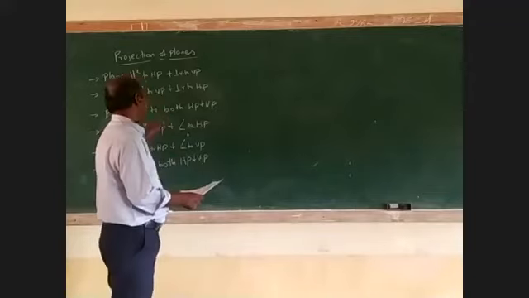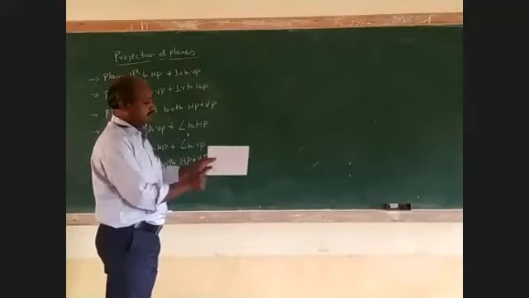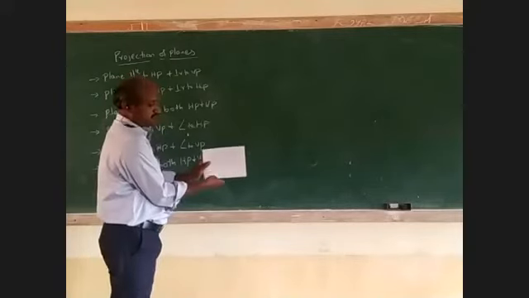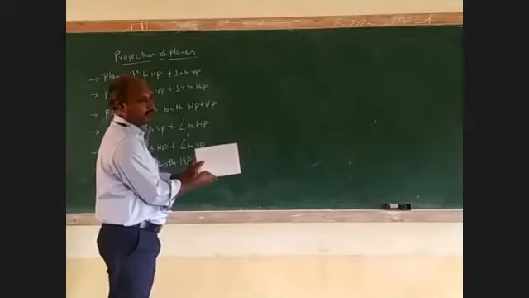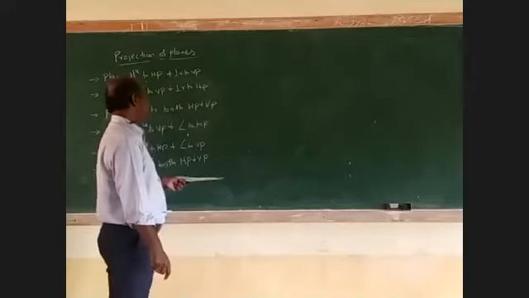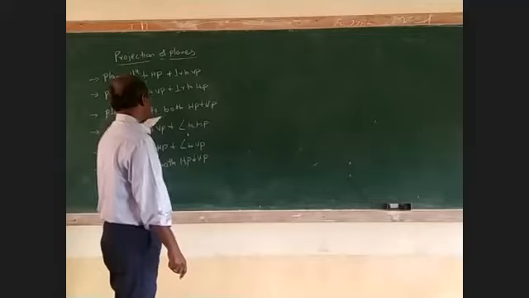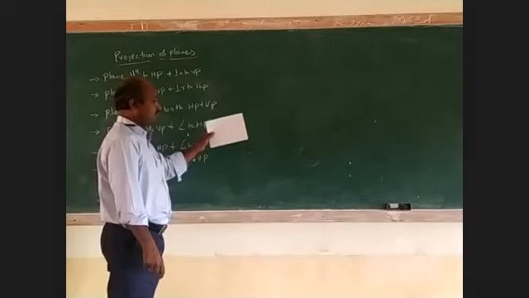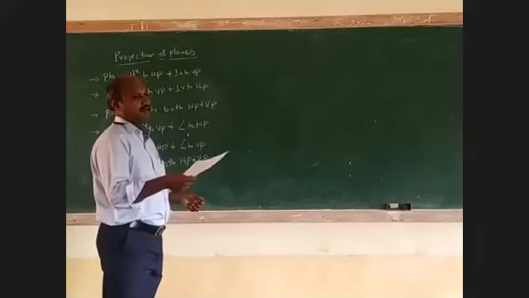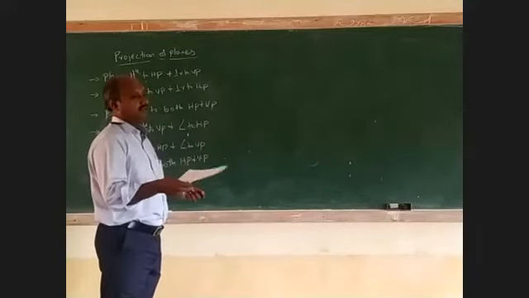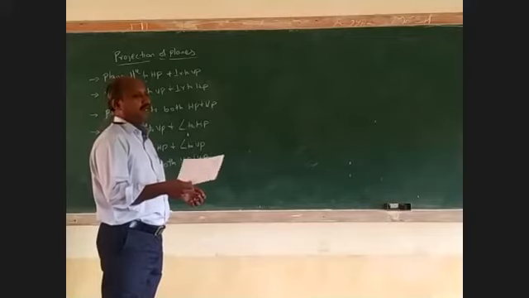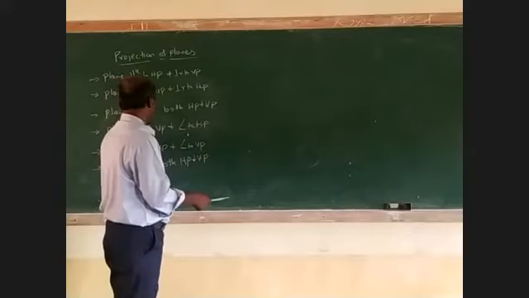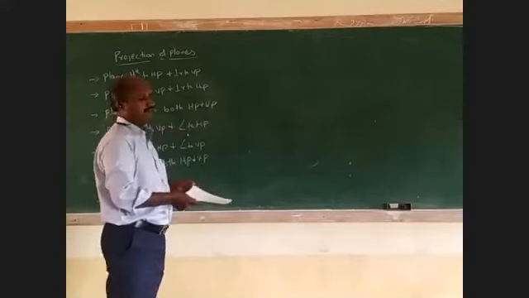It is parallel to VP. The plane is parallel to VP and perpendicular to HP. You see, it is perpendicular to HP. Then this is the next condition: a plane parallel to both HP and VP. It is parallel to this and this is also parallel. Okay. Then you have to obtain a plane which may be parallel to both HP and VP.